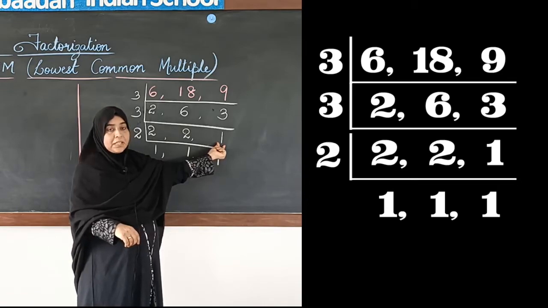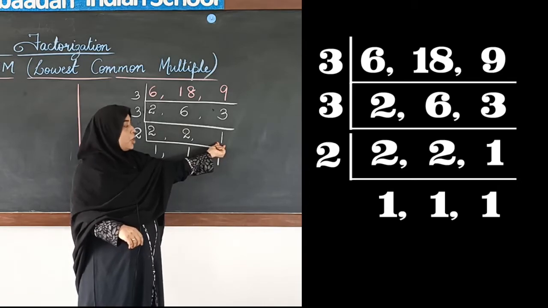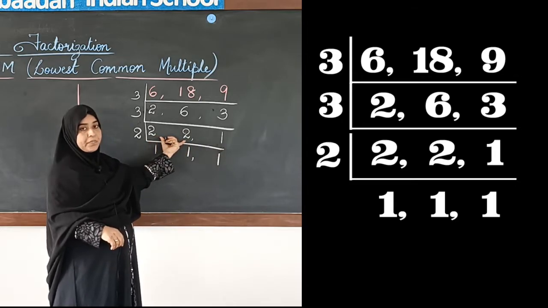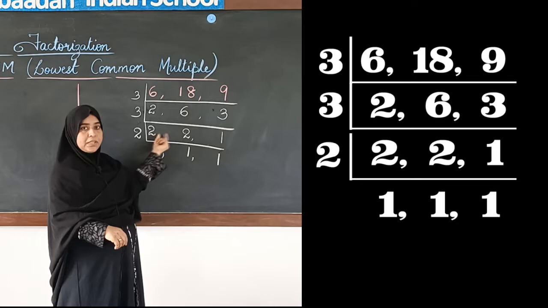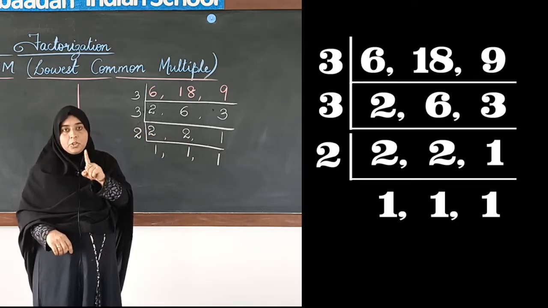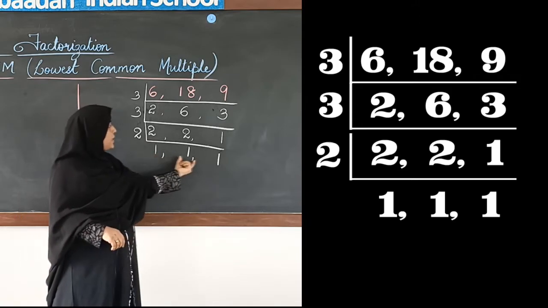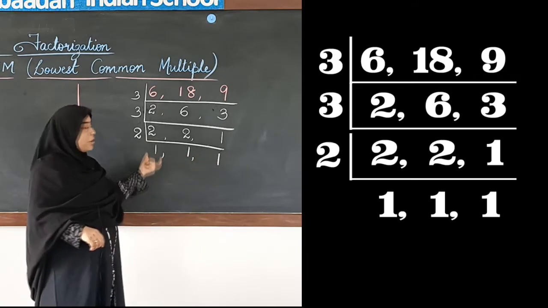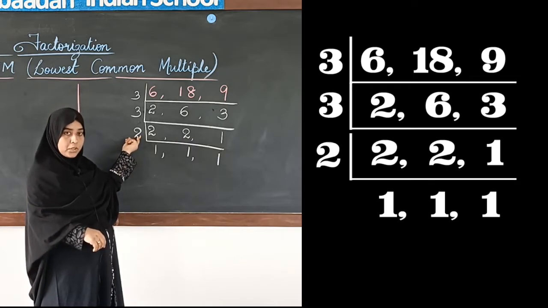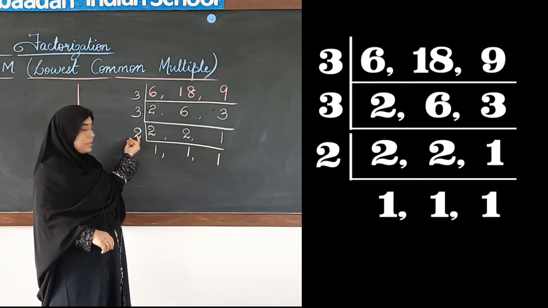I hope this step is clear to you all. Yes? Okay. Then, here what happened? We got 2 and 2. Though both are prime numbers, we could divide this 2 and 2 by 2, and we can get the final answer like this. Both were divisible by 2, correct? So, we took that common factor and we divided.